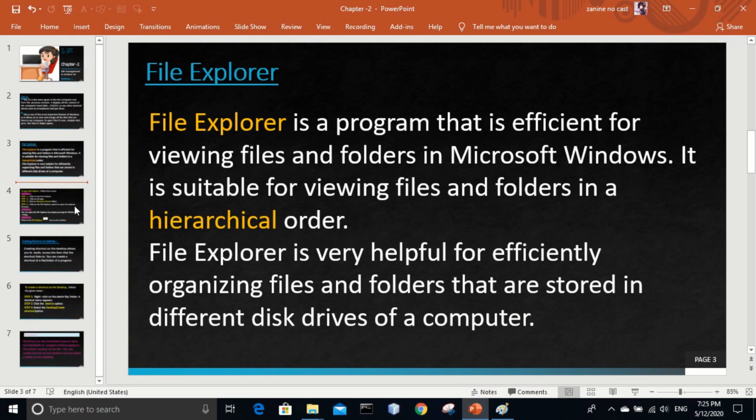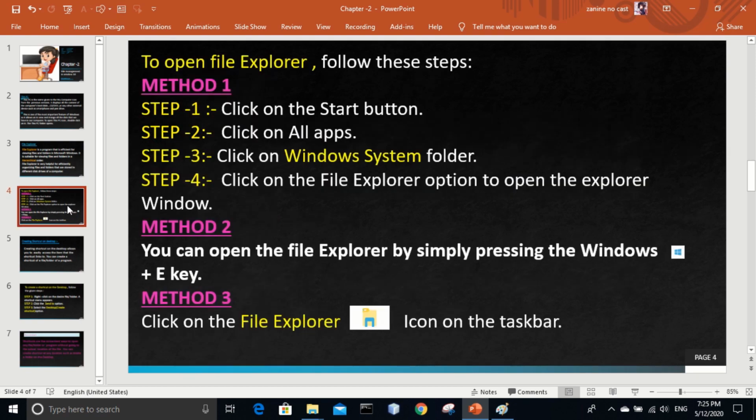Then we learned some methods. How can we open File Explorer? Our first method was very long, as we need to click on the Start button, then All Programs, then the Windows System folder, then inside the Windows System folder we need to click on File Explorer.